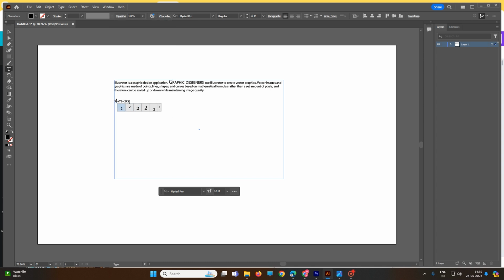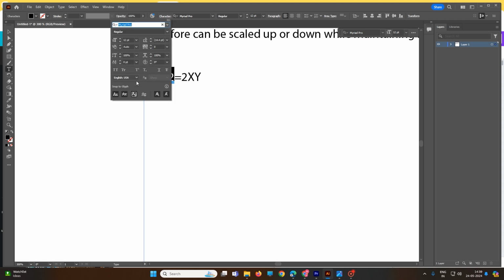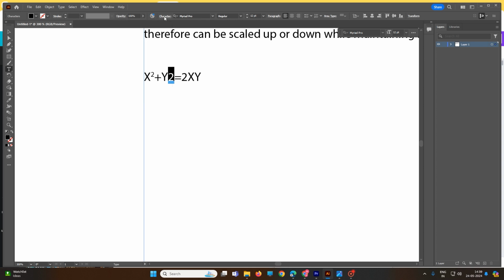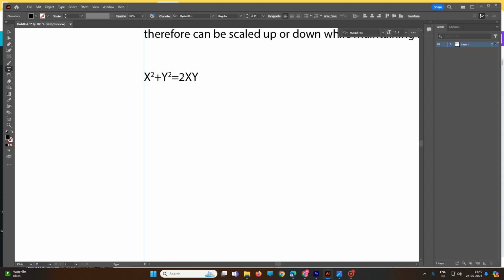So you can see 2 is superscript, and this 2 also I want superscript. Okay, just go here, character, click here, superscript, and 2xy. Okay, now